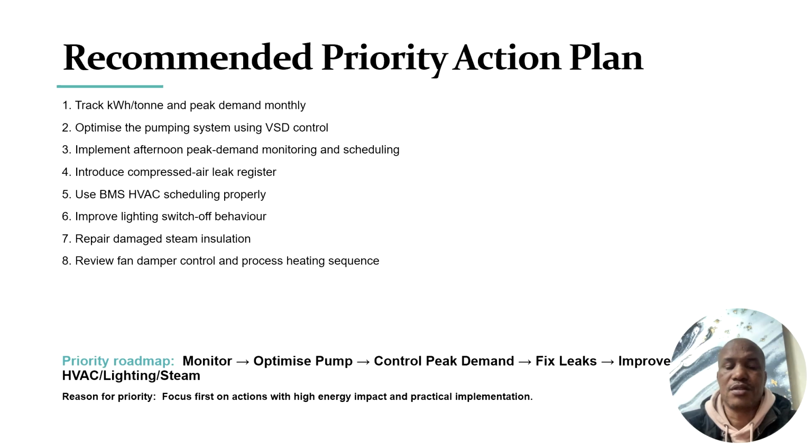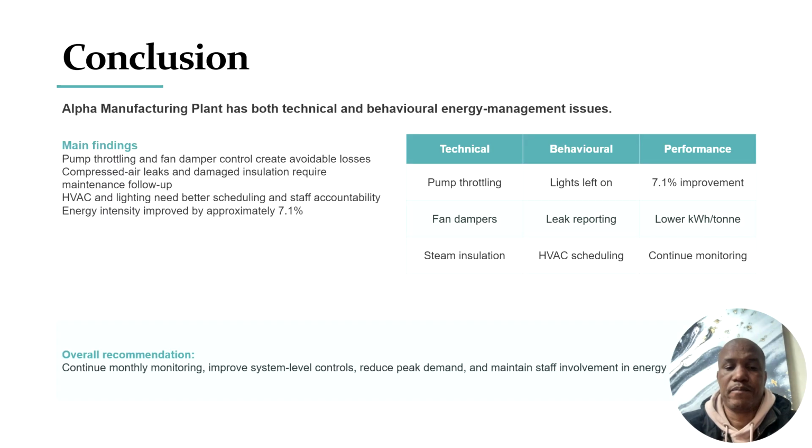Priority actions should be based on impact, practicality, and the case study findings. Monitoring is the first priority because without measurement, savings cannot be confirmed. Pump optimization is a high priority because throttling is a direct energy loss. Peak demand control is important because afternoon peak charges affect cost. Compressed air leaks, HVAC scheduling, lighting behavior, steam insulation, and fan controls should then be addressed as part of a structured action plan. In conclusion,